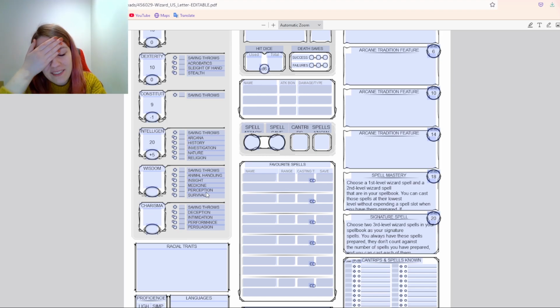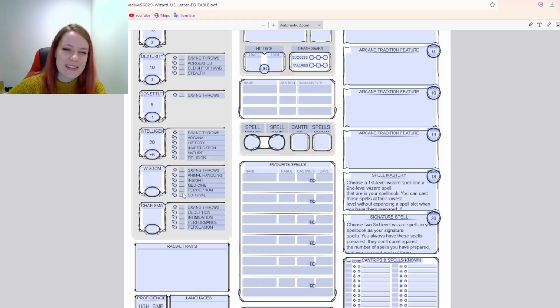Perception is also kind of average. I wouldn't say that's something that he particularly excels at. Survival, I don't know. But the medicine is the only thing that's kind of pulling it up. So for that alone, I'm gonna give him 14, which is above average, but